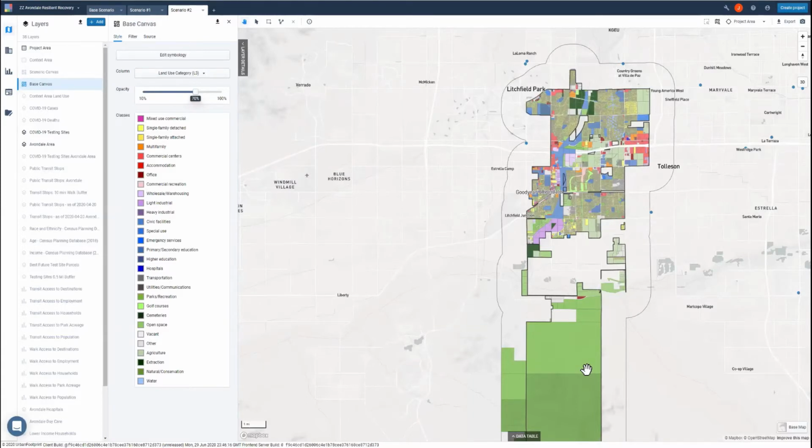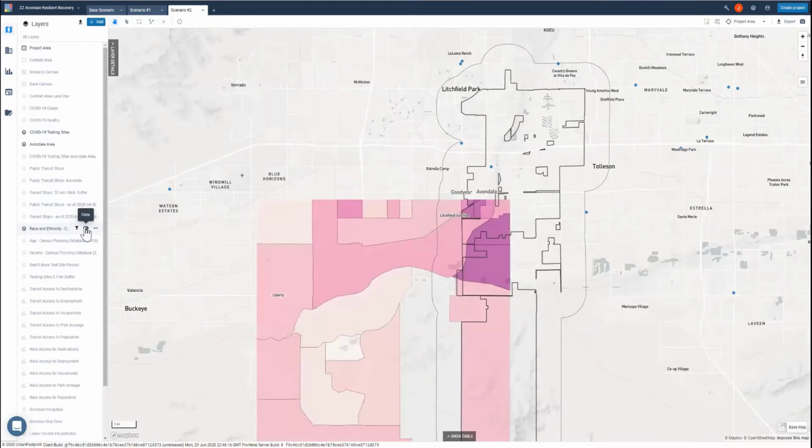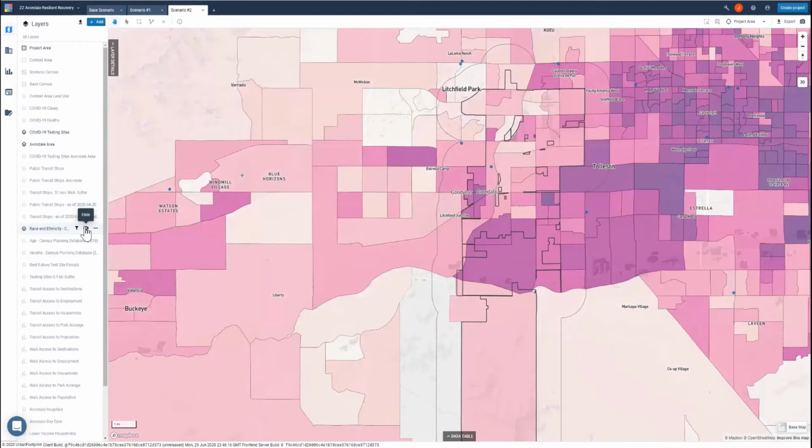For this purpose, I'm going to turn off our base canvas and jump into the first data set that we're going to look at. So starting with diversity assessment, I'm going to use the census-based race and ethnicity census planning-based data in that layer to do some assessment. Turning that on, this obviously extends beyond the project area, but